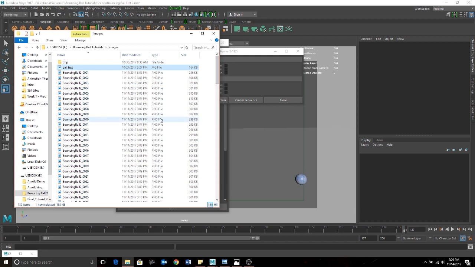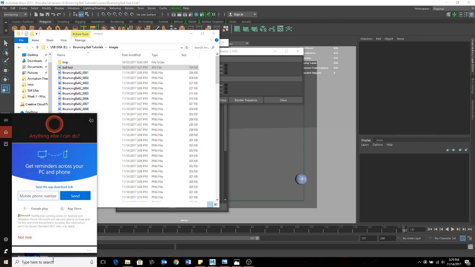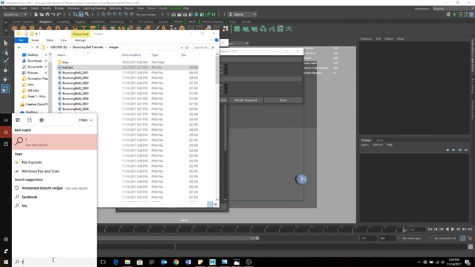Let me go ahead and show you how you can play this and preview it and just see what it looks like. You're going to use a program called FCheck. So I'm going to come down here into my search and type FCheck. And that's this right here. This is a little program that ships with Maya, and it's just a little playback program. So I'm going to go ahead and open that up